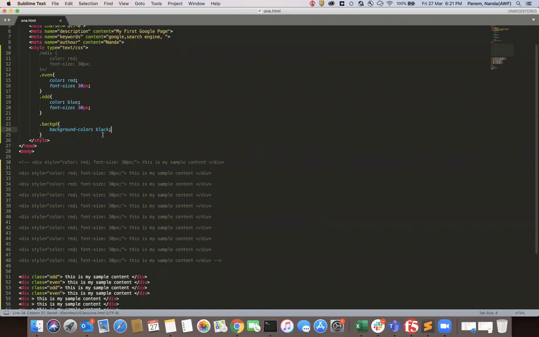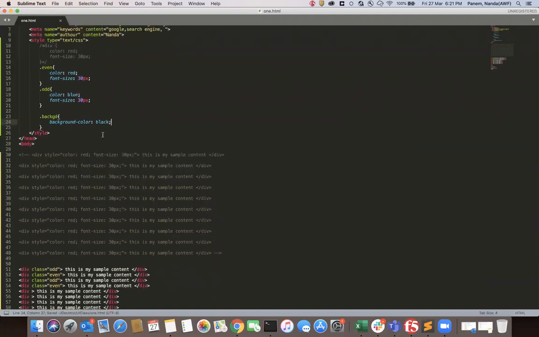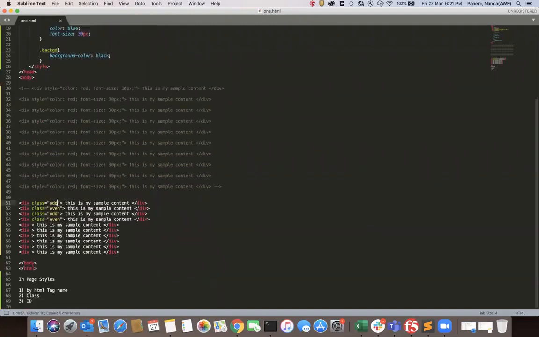Okay, so now how can I apply multiple stylings to a HTML element? Nothing, just copy the class name and provide a space, and you can provide multiple classes for a HTML element.